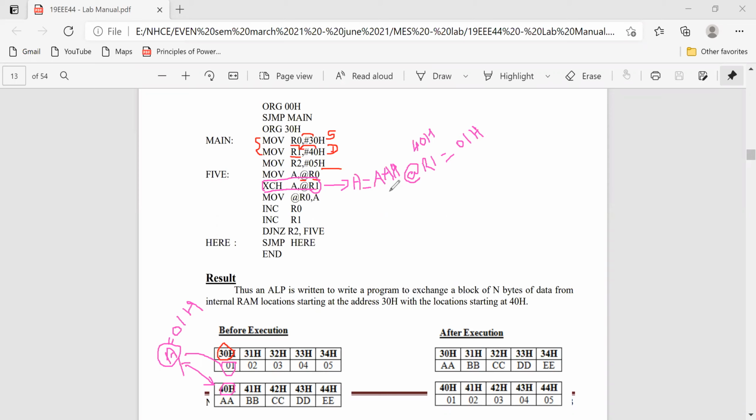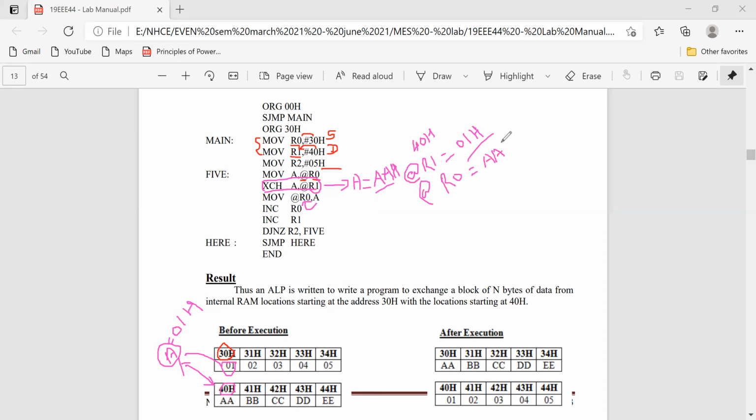Okay. Now the data 01 is put at 41. Now I want to put the data AA, which is there in the accumulator, to @R0. Now at @R0, the data AA is copied.